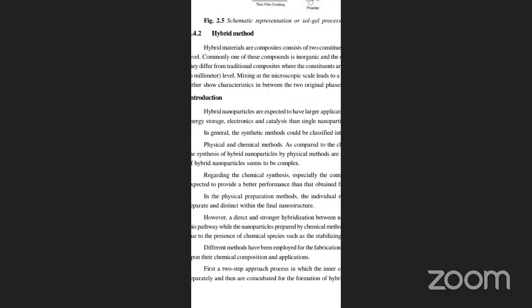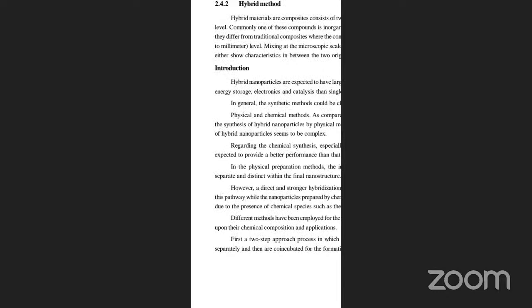Regarding the chemical synthesis, especially the controllable nanostructures, they are expected to provide a better performance than that obtained from physical methods. In the physical preparation methods, the individual nanoparticles remain sometimes separate and distinct within the final nanostructure. However, a direct and stronger hybridization between nanoparticles is often obtained by this pathway, while the nanoparticles prepared by chemical methods can exhibit unwanted properties due to the presence of chemical species such as the stabilizing ligands, polymer shells. Different methods have been employed for the